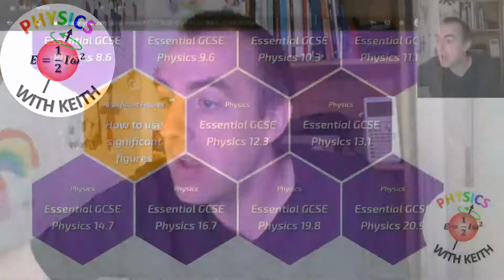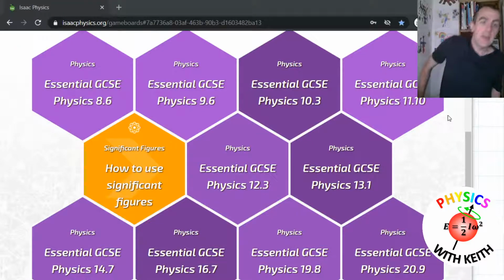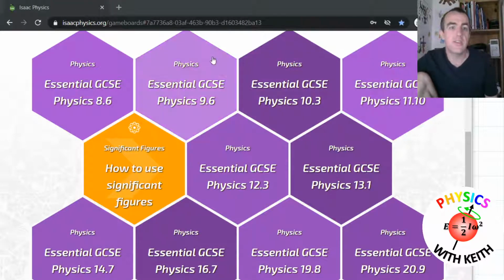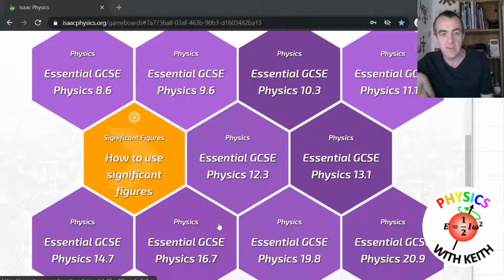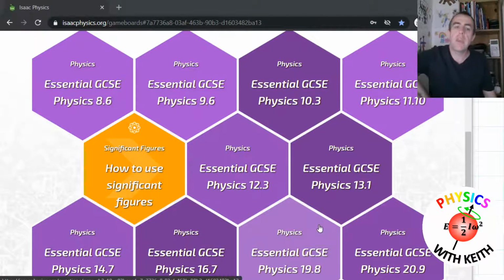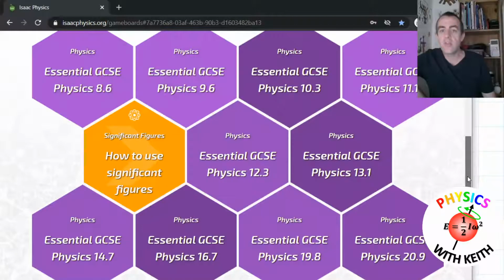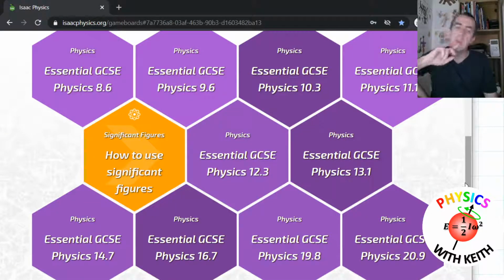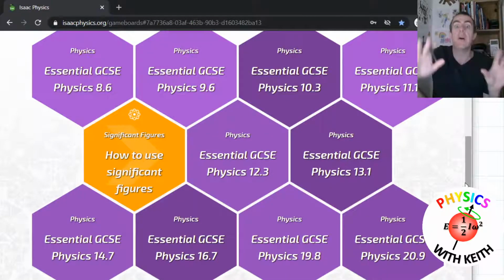So the board of questions that I had set was here. You can just see that on the left of where my face is. All about mechanics, and you see that I've selected from chapter 8, chapter 9, chapter 10, 11, 12, 13, and so on. So across the whole of the mechanics section, I've picked a few questions. And what I've tried to avoid is questions that test the same skill. So often with Isaac Physics, you'll do a whole board of questions where they all test the same sort of skill, and you get better and better at it, and then you've mastered it by the end.